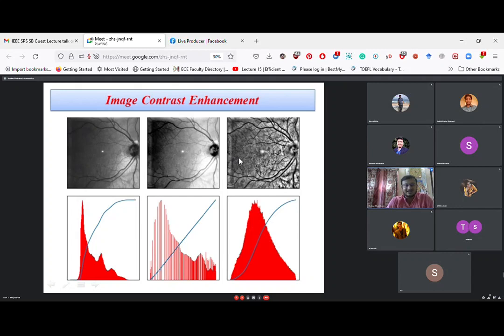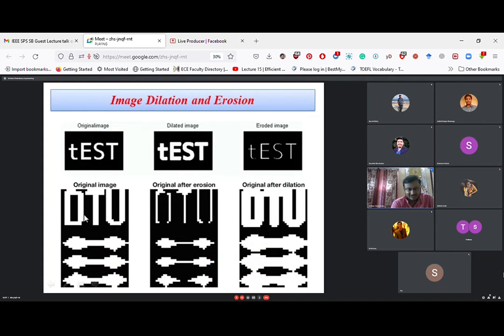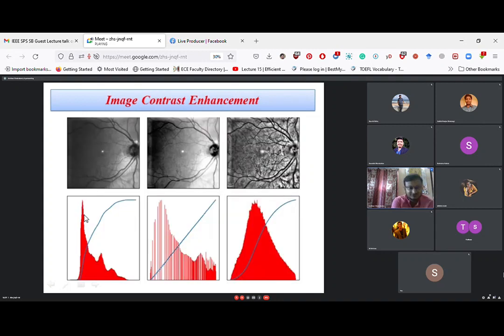And how do we achieve this contrast enhancement? By using this histogram, by using histogram equalization. How? Here you can see there are more dark pixels. Up to this, almost darker. So dark pixels are more here, and the white pixels are very few. So if we equalize, by using linear equalization, all the pixel intensities and the number of pixels are linearly varying.